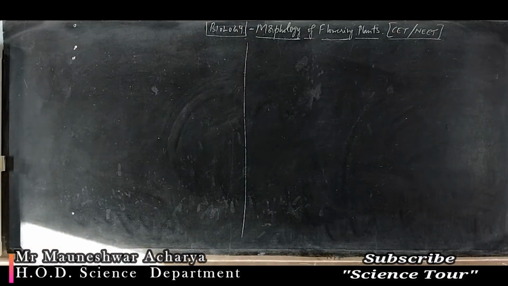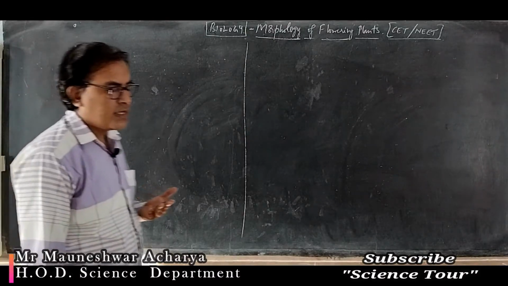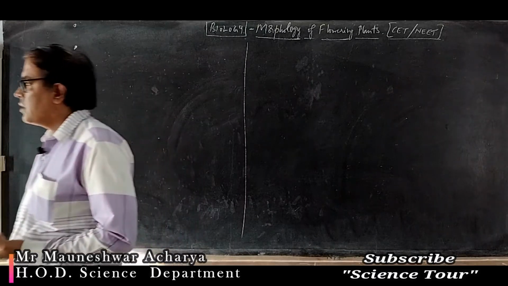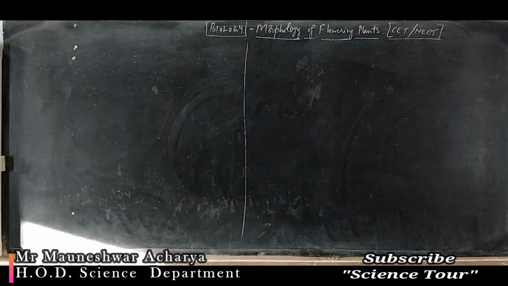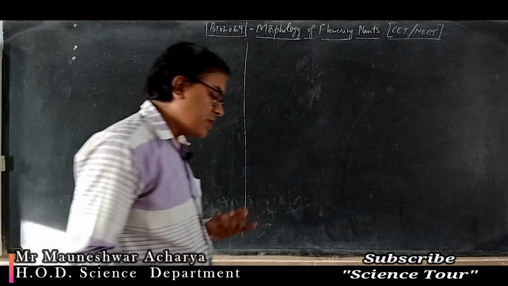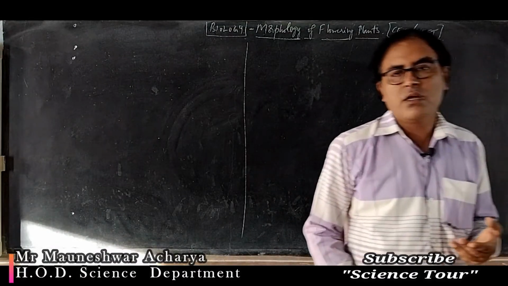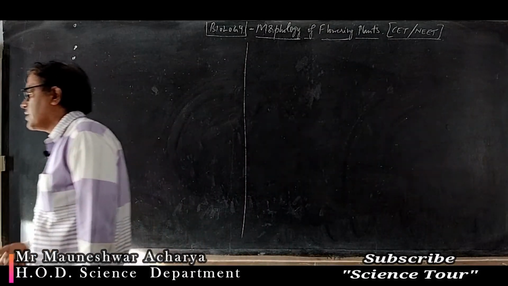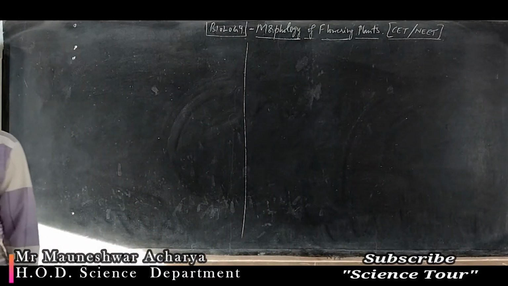It helps in absorption of water and minerals from the soil. Then they provide anchorage to the plant. They serve as a reservoir for food, and they also synthesise different plant growth regulators. This you are going to study in a separate chapter, plant growth hormones. The different hormones like auxins, gibberellins, cytokinins, then ethylene, abscisic acid. These are the different hormones secreted by the plants. Like human beings, plants also secrete certain hormones.